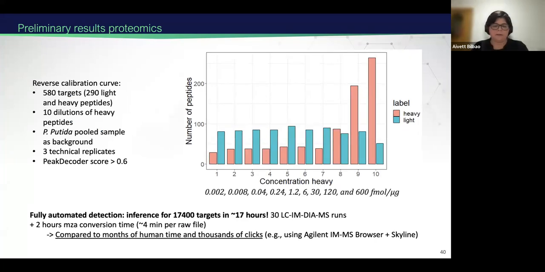And this is an example for proteomics. So we are building a data set to evaluate a similar dilution experiment also with metabolites, but basically the concept or the validation is the same. In this case, we have a dilution of different concentrations. This is a reverse calibration curve. We have the endogenous or the light version of the peptides, and we have the heavy peptide, which is the isotopically labeled